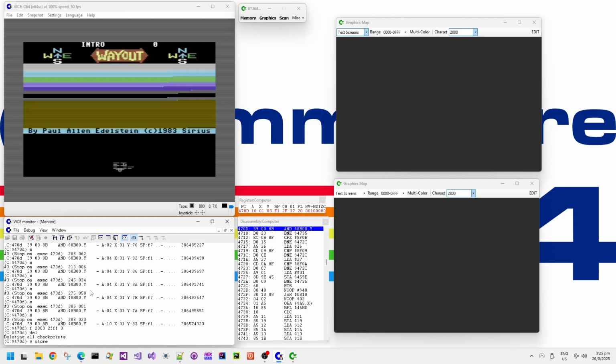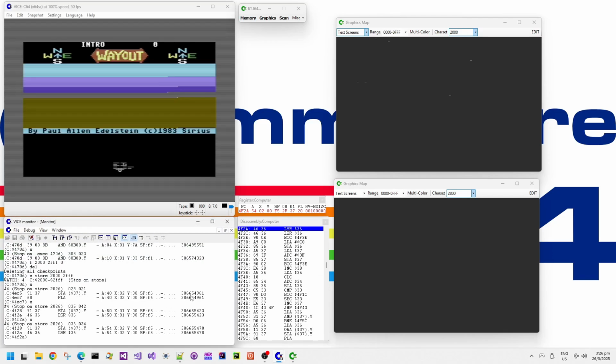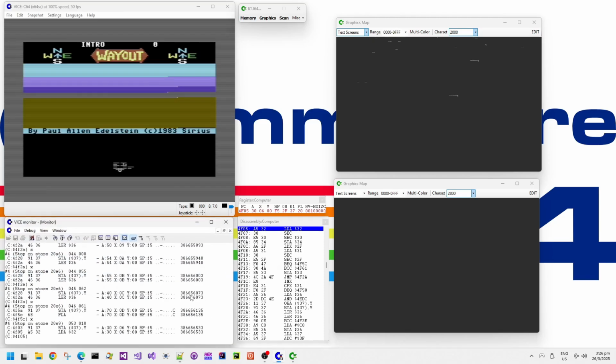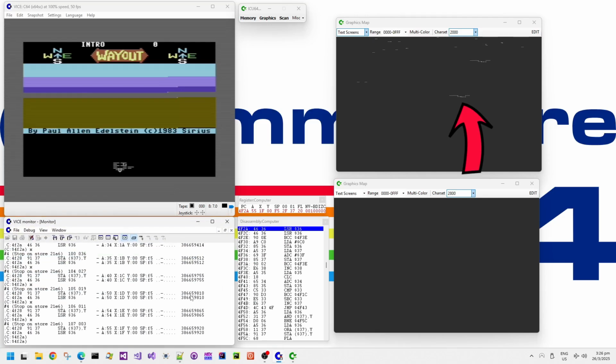Let's delete all of the breakpoints, but do a watch store point now, a watch breakpoint in other words, on writing to memory for anywhere within the character set. Okay, so this does load from the character set information, EORing with something, ANDing it with a mask, and then EORing it back again. Okay, so that might be an EOR masked fill of, oh, look, as I step over this routine,